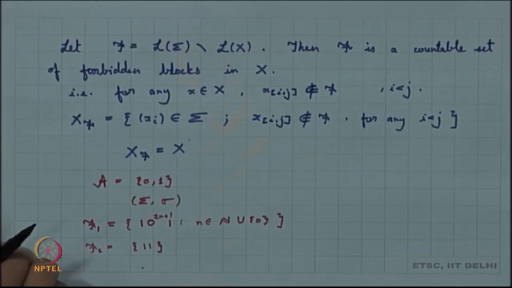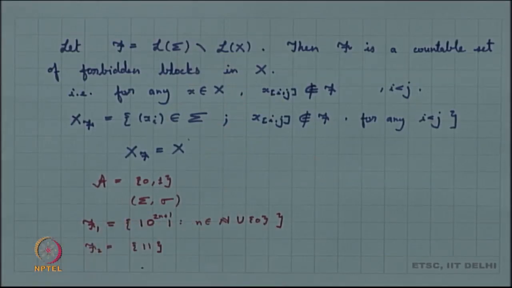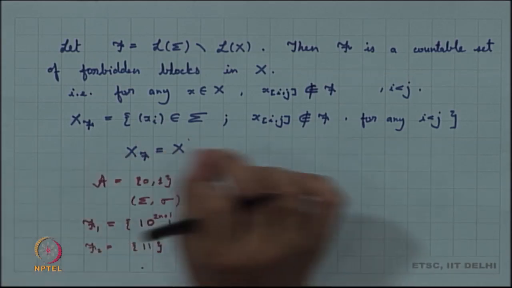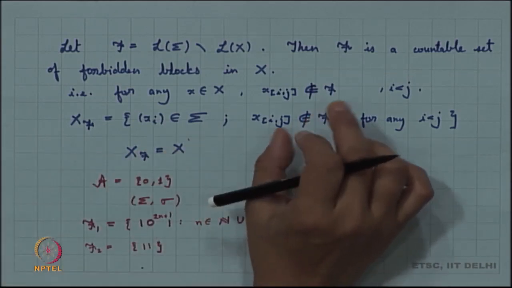Now, let us look into what is our next. Our next forbidden set says that only the block 1 1 is forbidden. If 1 1 is forbidden, that means I cannot have a sequence of ones at all. Zeros can appear as many times as they can, but whenever I have a 1, it should be only a single one. So it should only be 1 followed by a 0 and preceded also by a 0.